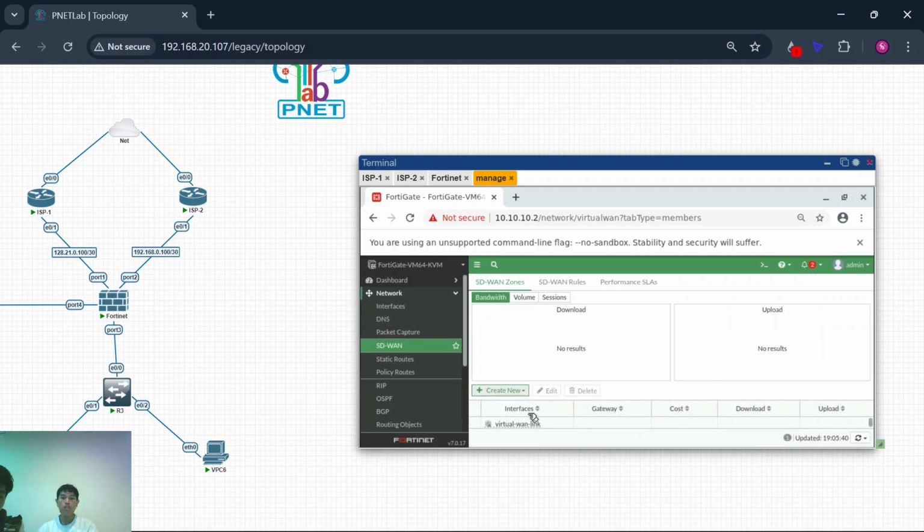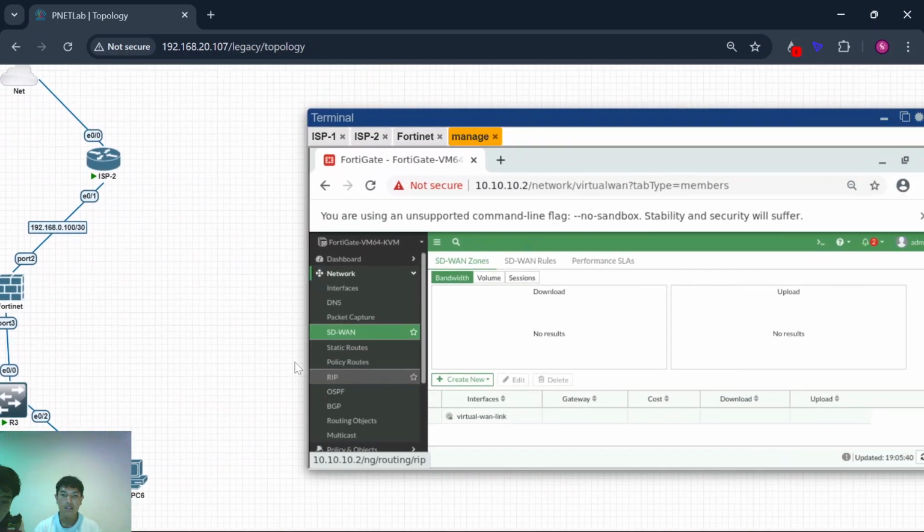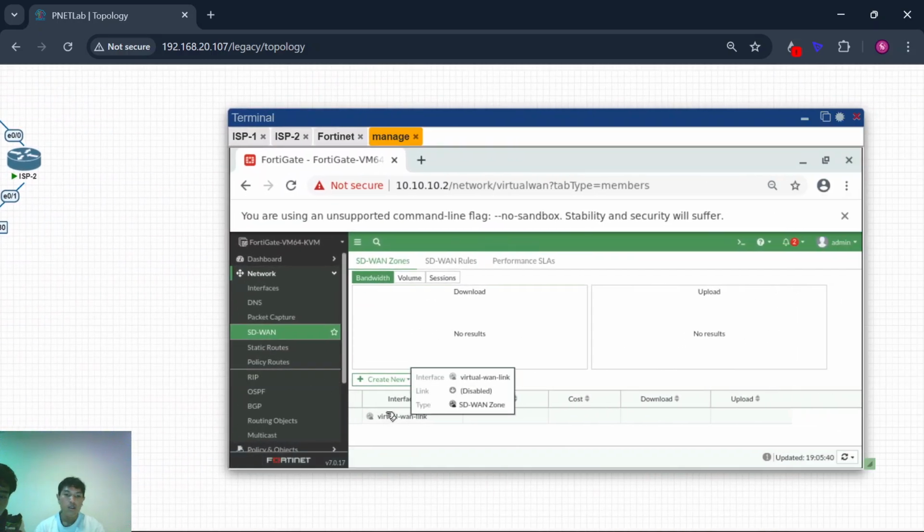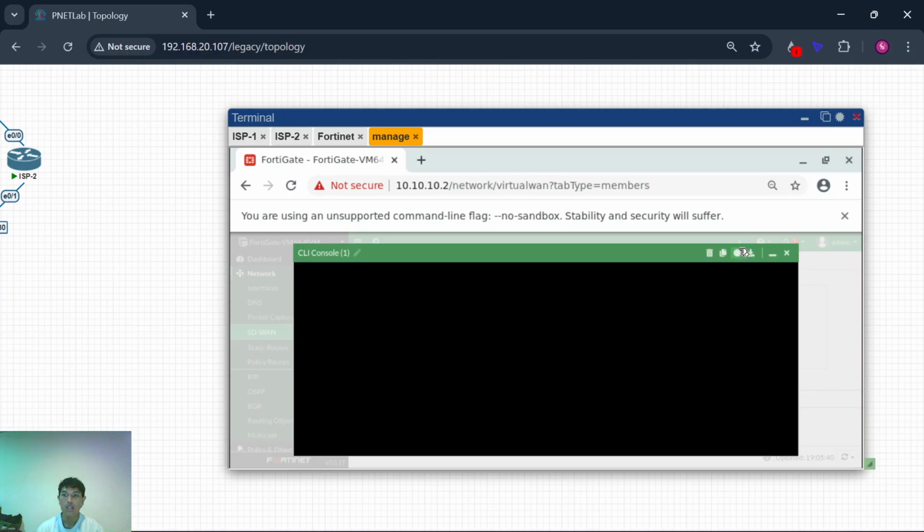The default for SD-WAN is gray, so the default is disabled. If you want to configure SD-WAN from this device, you must enable the SD-WAN services.